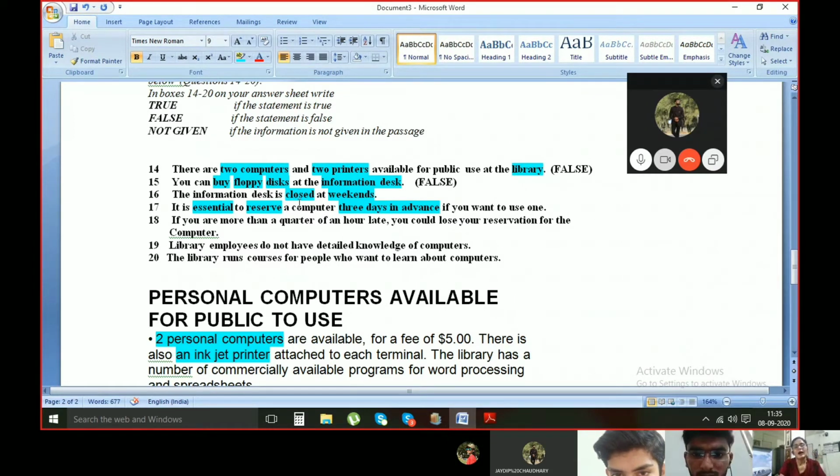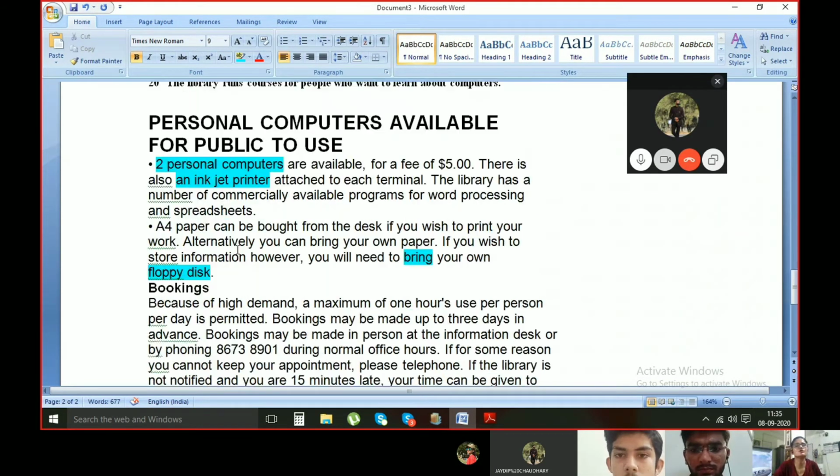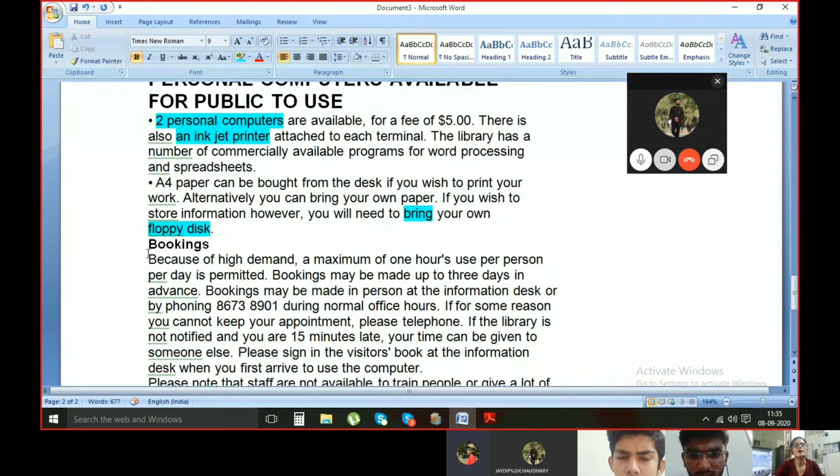Now, Hirva, what you need to find out in the passage, first of all, find out the location. Find out information desk, find out the word weekend. Weekend means Saturday, Sunday. On weekends, will it be closed or not, and find out the word reservation of computer, booking. Hirva, after floppy disk, the answers are in sequence. Okay, Hirva, read it please. Fast, beta. Because of high demand, a maximum of 1 hour's use per person per day is permitted. Bookings may be made up to 3 days in advance. Bookings may be made in...